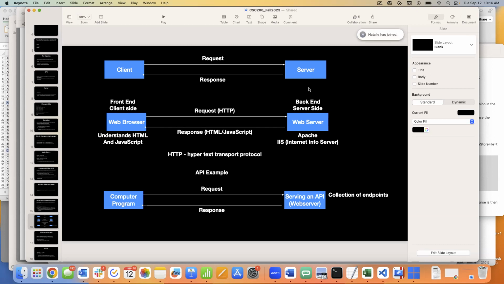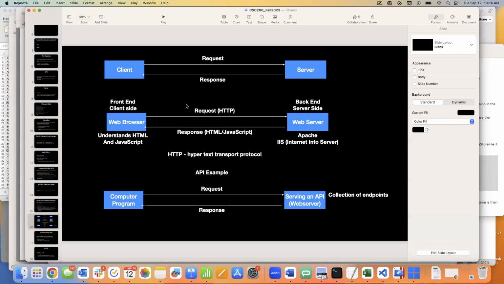So the server, whoever they're talking to, however they make that request, ultimately the answer has to come back in a format that they understand, HTML and JavaScript. If I call one of these restaurants to find out what their hours are and they're answering me in German and I don't speak German, that's going to be a problem. The same thing's true here. This isn't any different than that. Web browsers speak HTML and JavaScript, so when they ask a question, the answer has to be in the format of HTML and JavaScript, or at least something that JavaScript can interpret.